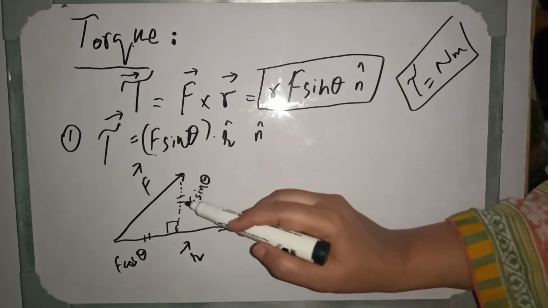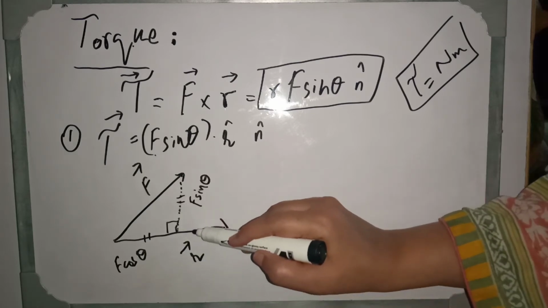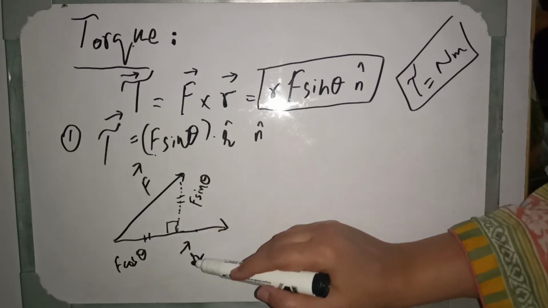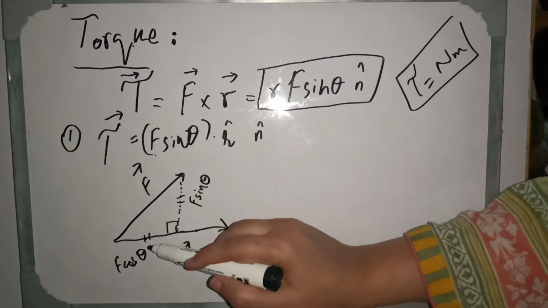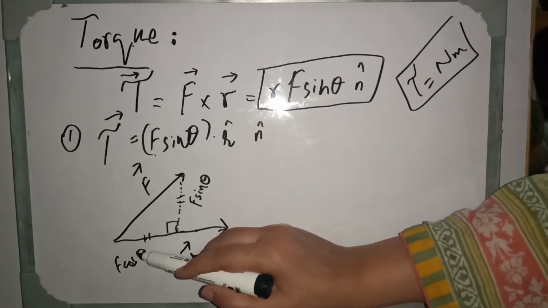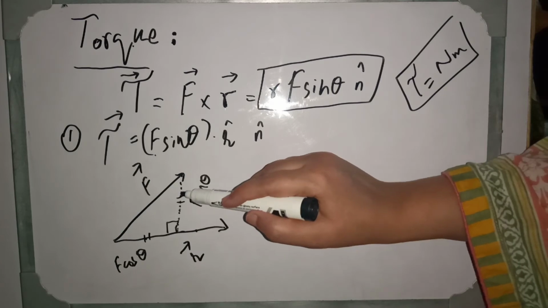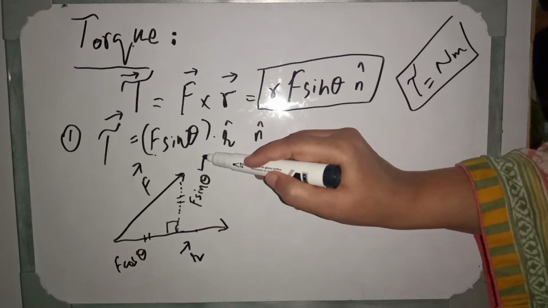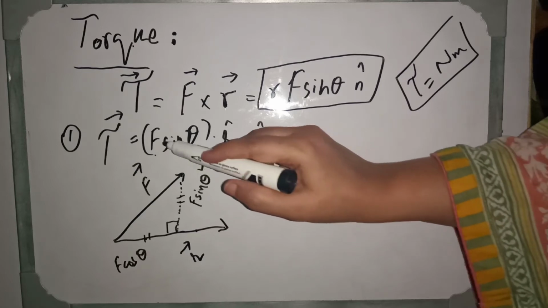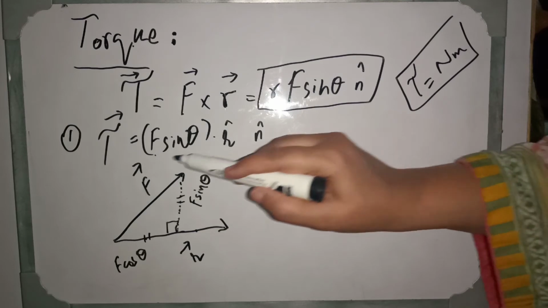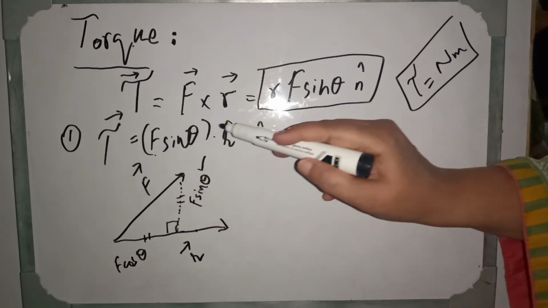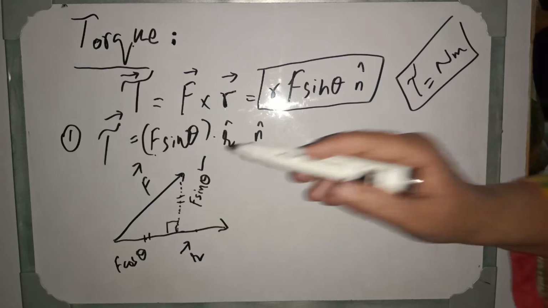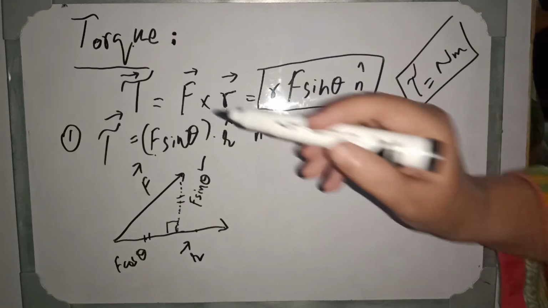Just look at the direction of these two components with R. This is the direction of R. If this is the direction of R, then F cos theta is just parallel to R. As it is parallel to R, this is an inactive component, and this F sin theta is just perpendicular to R, so this is the only active component. That's why we can take this equation as torque equals F sin theta into R, that is, the F sin theta component of force multiplied by the moment arm. This is the very first illustration.